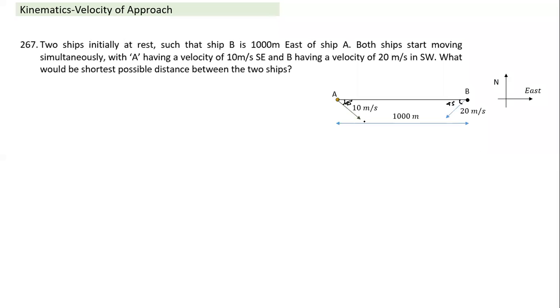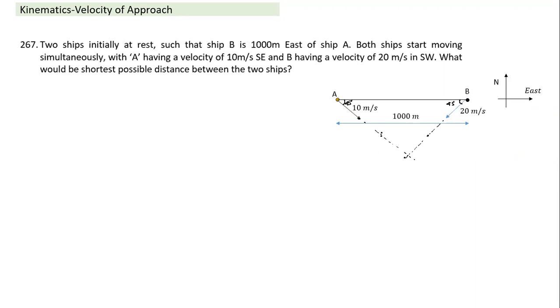See, if I extend the path, this is the path along which ship A will move, and this is the path along which ship B will move. The paths cross, but they may not reach the same point. Just see what will happen here. By the time ship A has moved this much distance, B would have moved double the distance, like this. So B would have appeared to be coming closer and downwards. By the time A has moved here, B would have moved 20 meters, something like this. It's a complex motion.